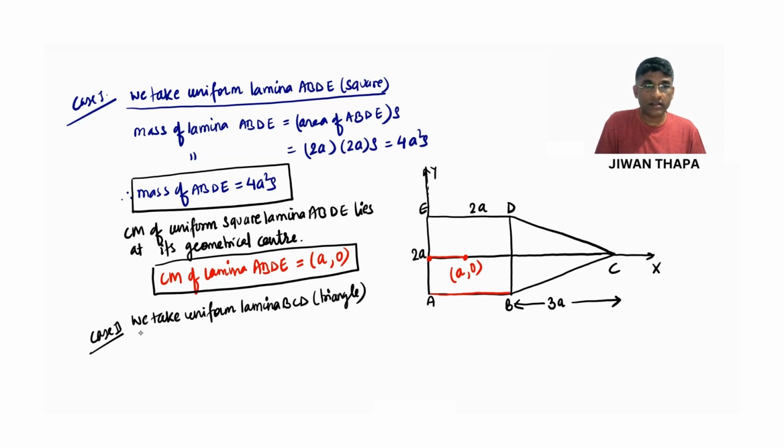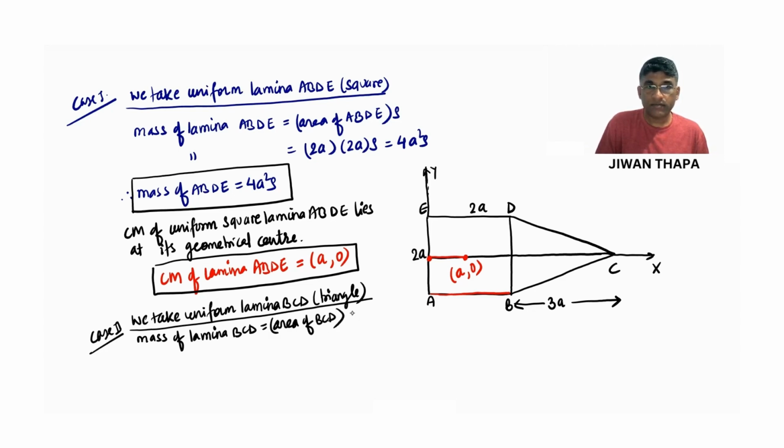It is a triangle. So we have this. Now we find its mass, okay. So the mass of lamina BCD equals the area of BCD